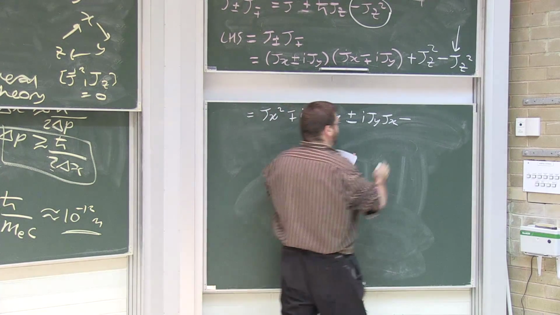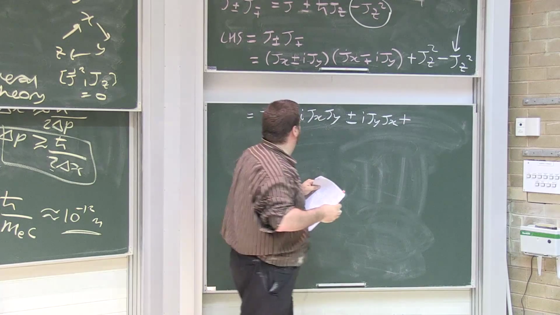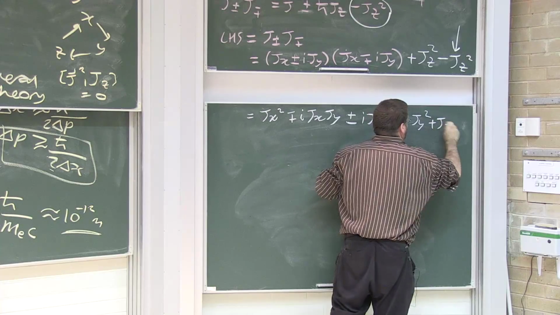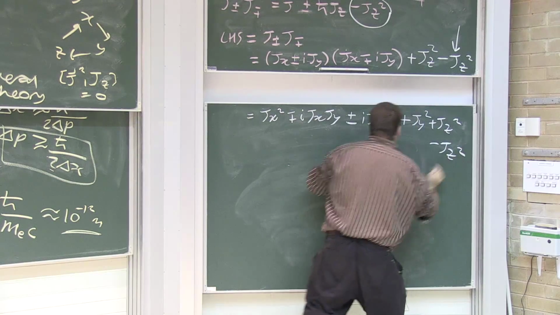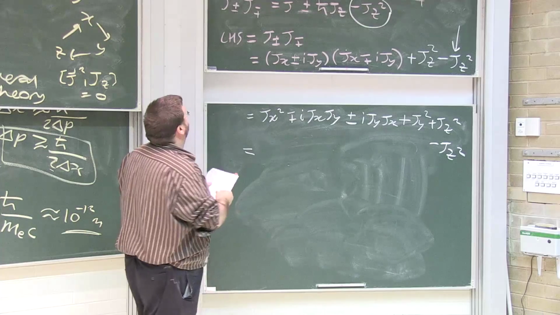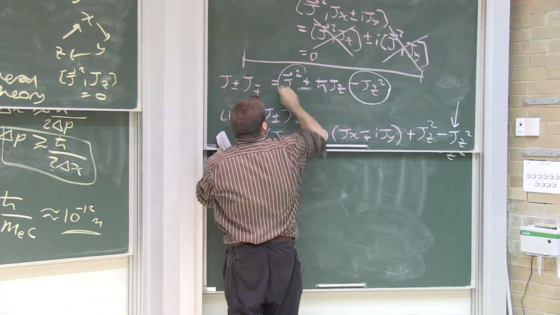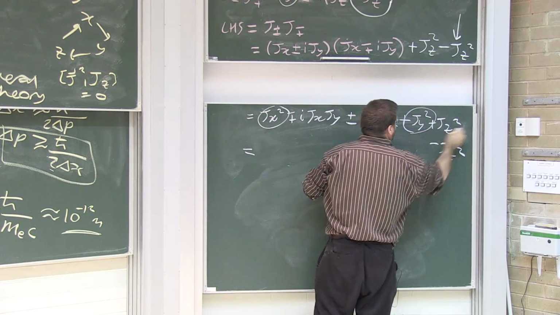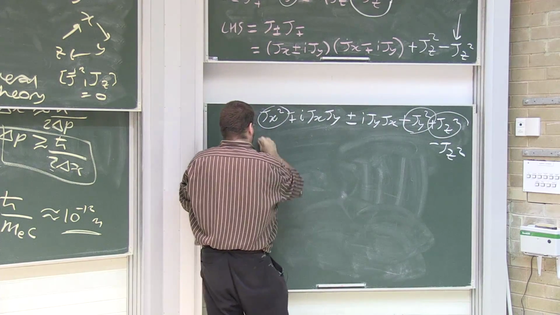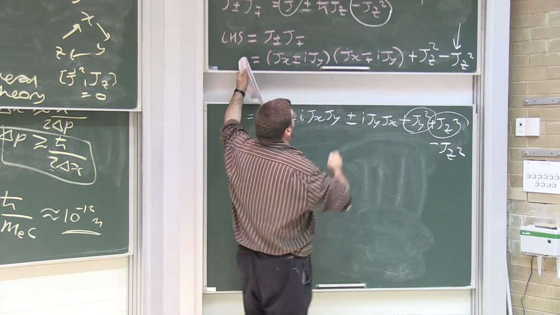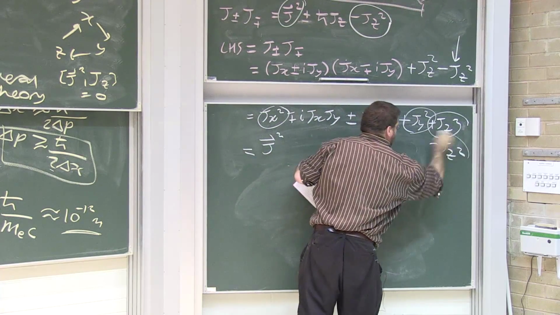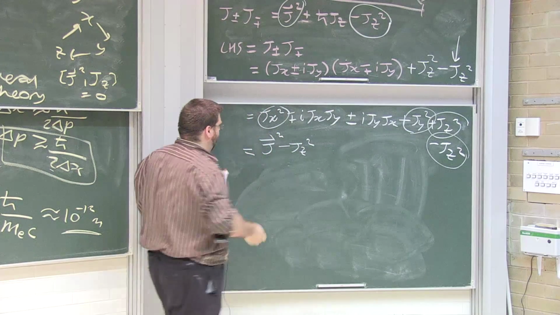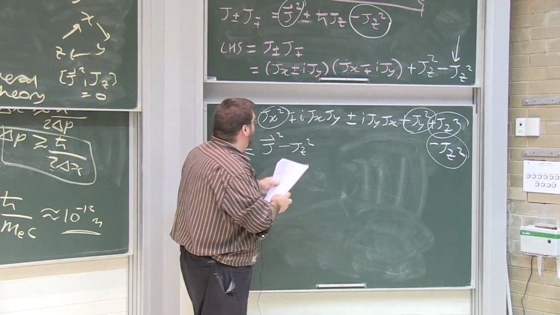We have an i squared, which is minus 1, that turns it into a plus, and then Jy squared, plus Jz squared minus Jz squared. I want a J squared. Here it is: Jx squared, Jy squared, and Jz squared. All those terms funnel into J squared. That's good. I wanted a minus Jz squared. I've got it, because I put it in by hand. And in retrospect, this is just Jx squared plus Jy squared. What's left,